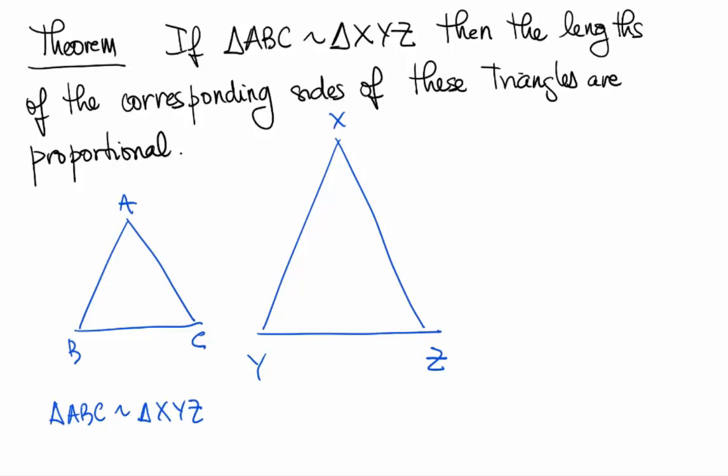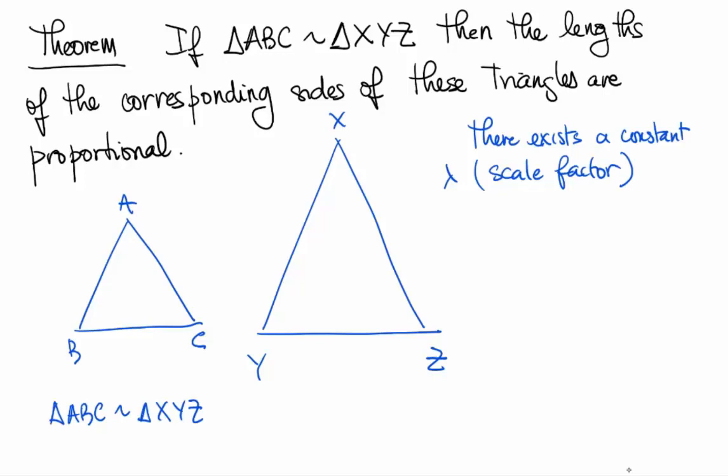So then the idea is that there exists a constant, let's call it lambda, which the author of your textbook called a scale factor,